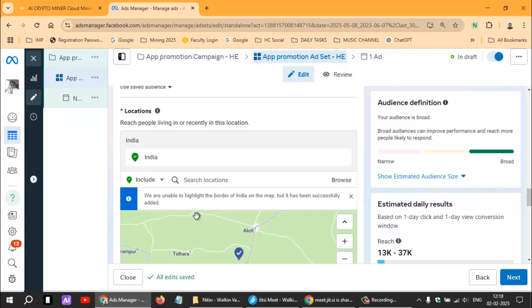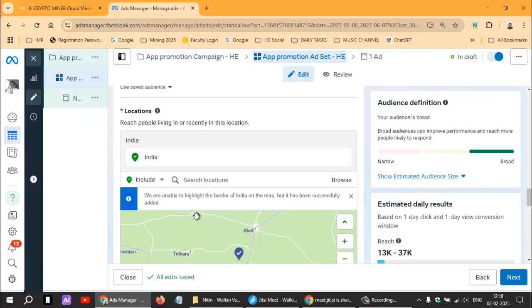But it doesn't happen like this, because adding an audience is just providing a suggestion to Facebook that, okay, this is the audience that I'm looking at, and please show my ads to these categories of people. But if I do not add my audience, in that case what happens